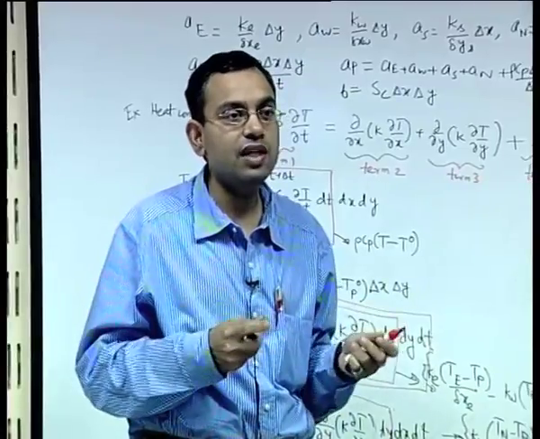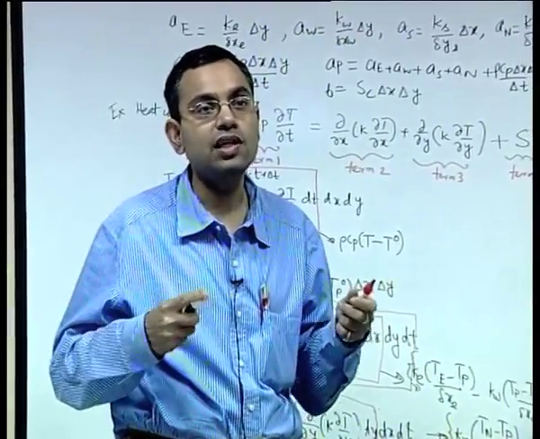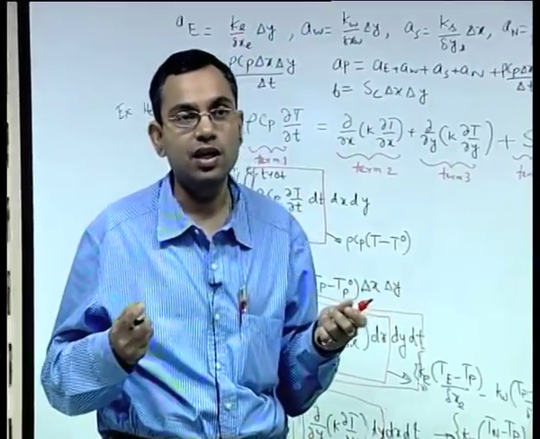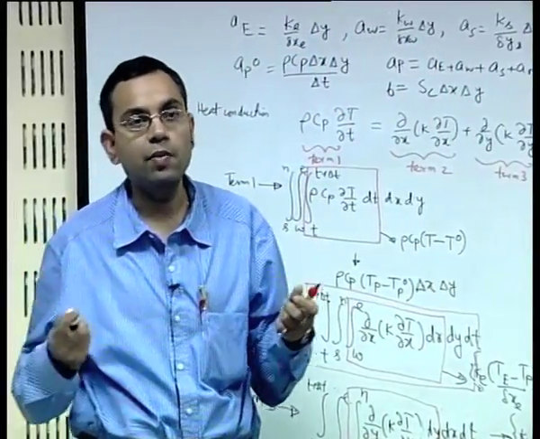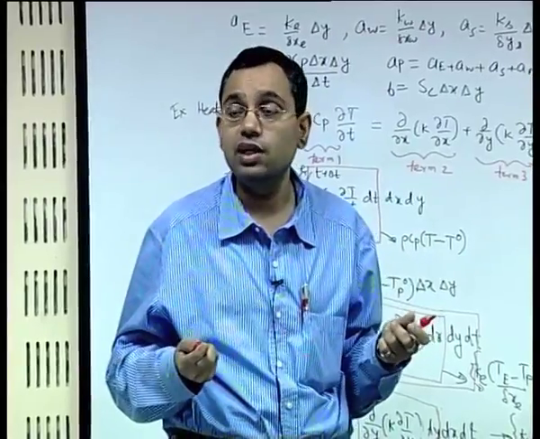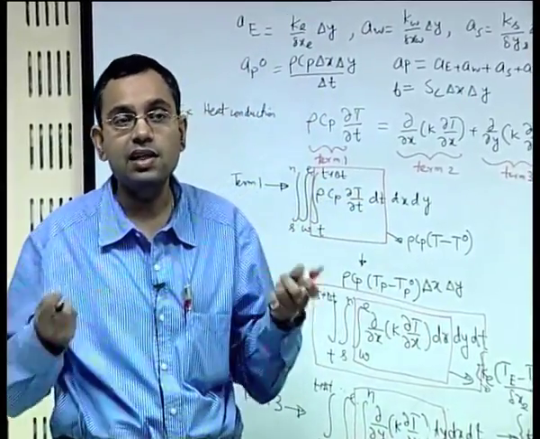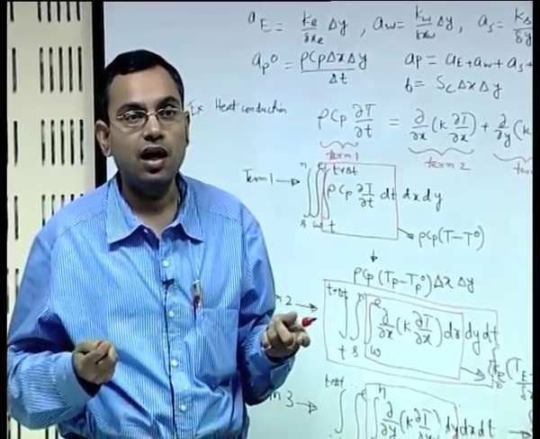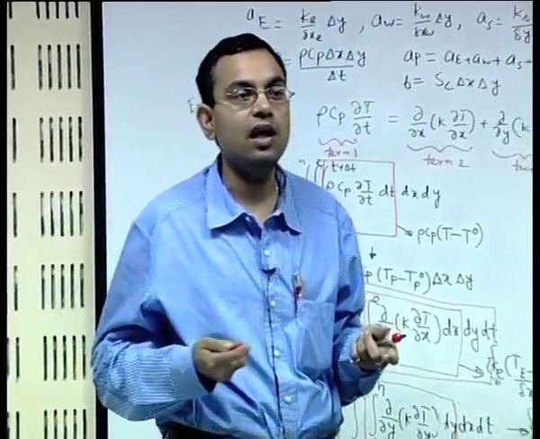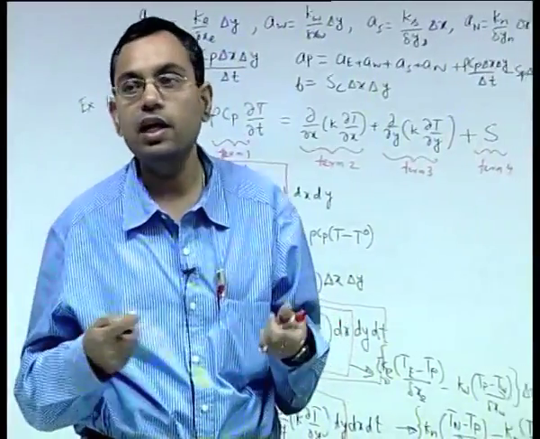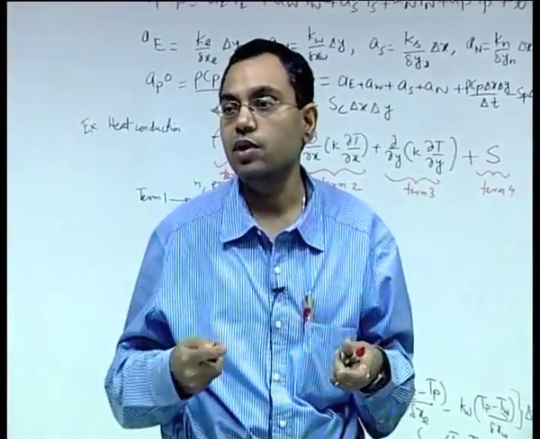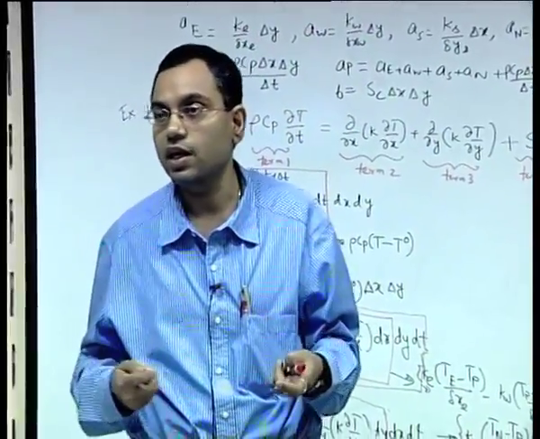So, till now we have seen what is the basic principle of discretizing diffusion type of problems in 1 dimensional, 2 dimensional, or even this can be extended to 3 dimensional. At the end we get a system of algebraic equations. Our next objective will be to see how to solve this system of linear algebraic equations that we get from this discretization, that we will take up from the next lecture.